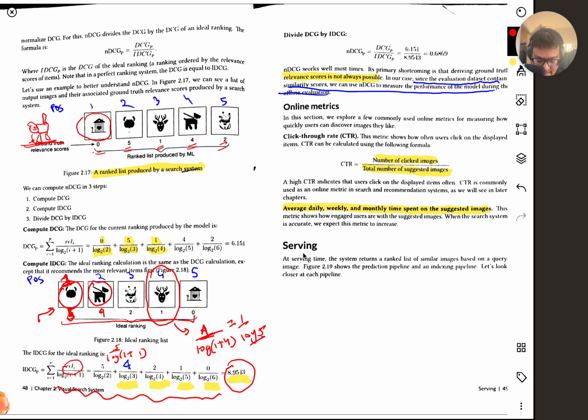So you calculate the gain for the ground truth ranking. Let's say you have a query image, you predicted 10 items, and in those 10 items everything is at the correct place. So what is the maximum gain you have? And similarly, if you predict any ranking, what is the gain you could have that way? If you predicted the perfect thing, then your metric will be 1, otherwise your metric will be